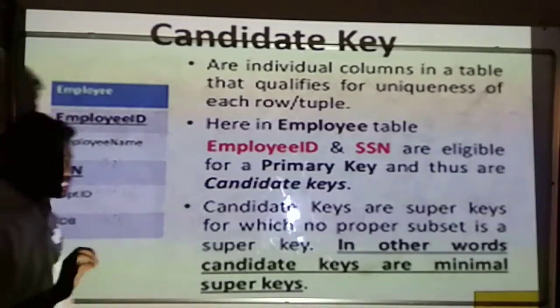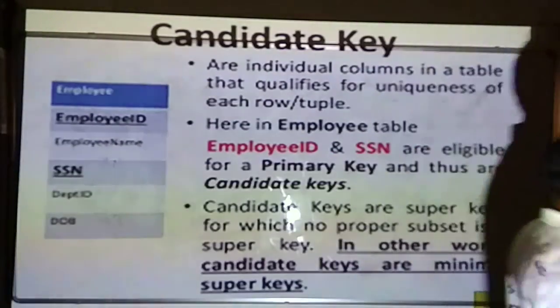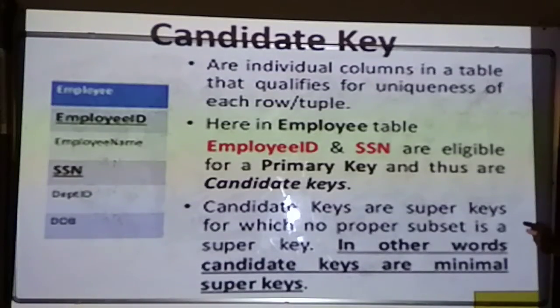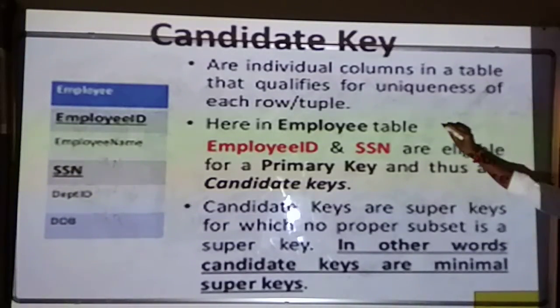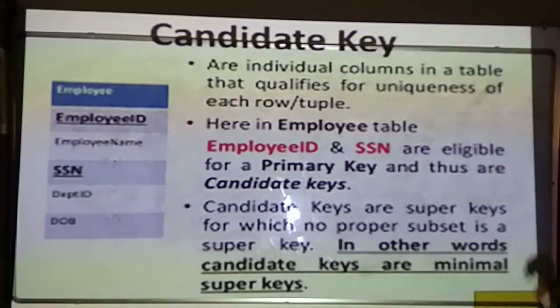Consider that there is a situation where the similar kind of student ID has been entered. So in order to retrieve the data, I will be going for a mobile number column. So every student will not be having the same mobile number, no? So combination of student ID and mobile number will be giving us what? Unique information. That will be called your candidate key.